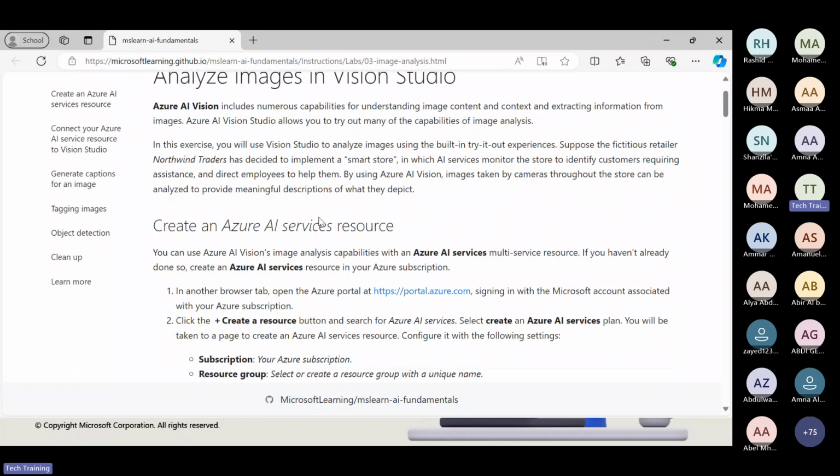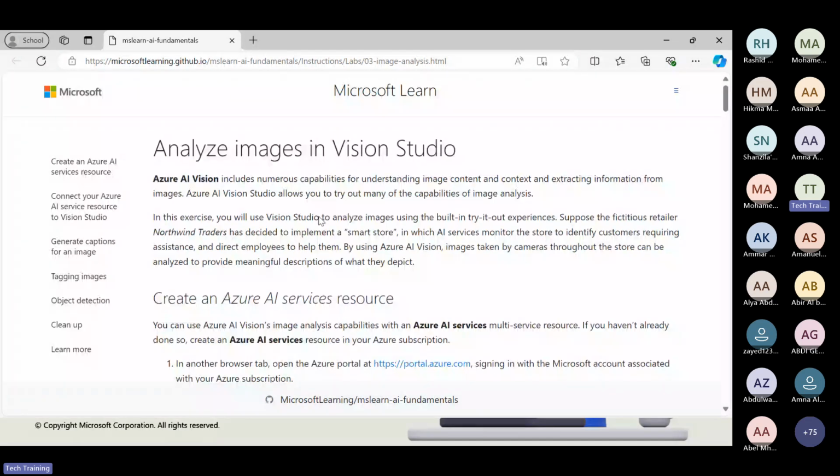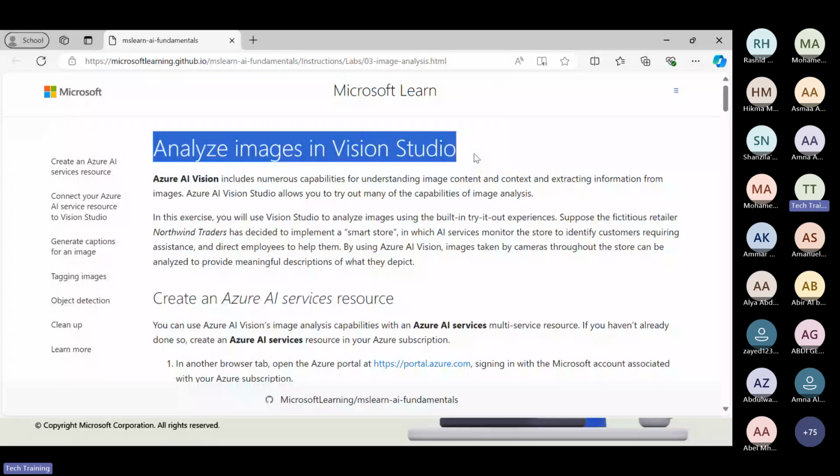So as you can see, we are going to do image analysis. We are going to use the ready-made models in this session. In the next sessions coming, we are going to dig deeper and be the developers who will create everything, but not the algorithm. We are going to create the machine learning related to ready-made algorithms. Okay, so let's start with the first exercise, which starts by